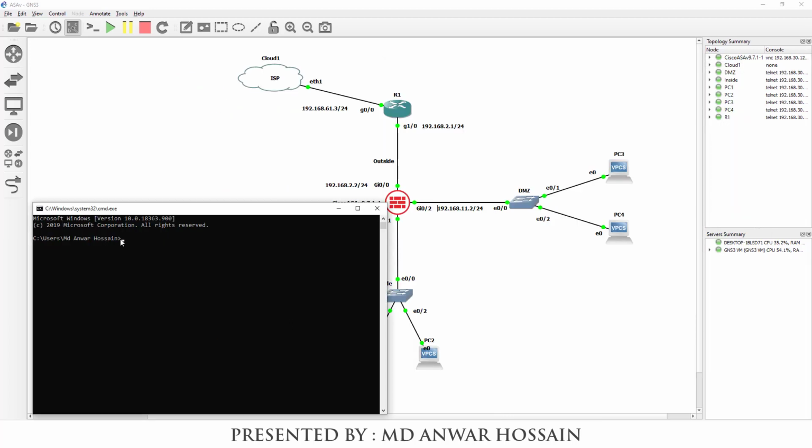Let's try ping 192.168.2.1. We can see we are able to reach.